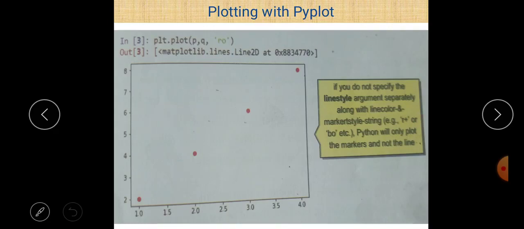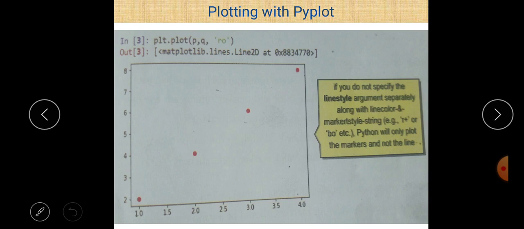The line style argument is compulsory to draw a line or a line chart, and if you don't mention the line style argument, then you can easily say that it is a scatter chart. So you can draw a scatter chart using the plot function also. We can say that because there is no line at all, only the points are there and these points are not connected to each other. R represents the red color here, and o represents the type of the marker. So the type of the marker is o here.